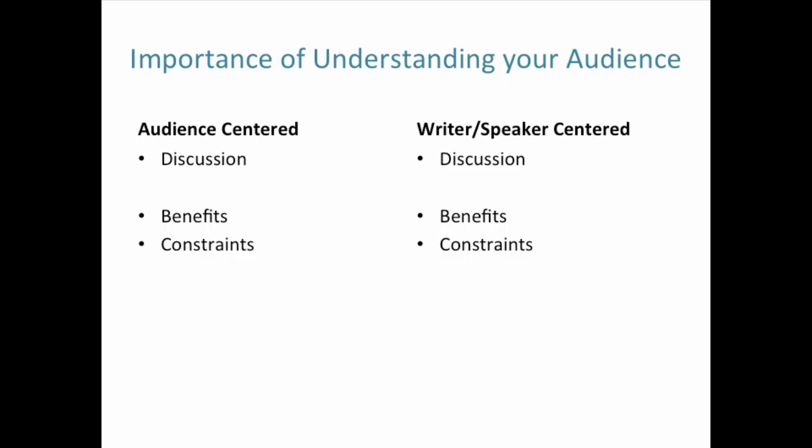Okay, so let me ask you, what do you think the constraints are then for being writer-speaker centered? What are the problems with being? You have to be careful of your bias. And you have to think about, I mean, yes, there's less cognitive load, and you can say it like you want to, but in the same token, you have to be aware of your own preconceptions or your own stereotype. I mean, whatever it is that you're assuming, you just have to be aware of that. Make sure that you either announce it or avoid it.